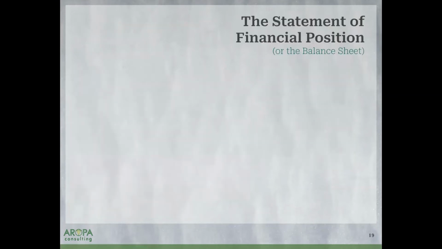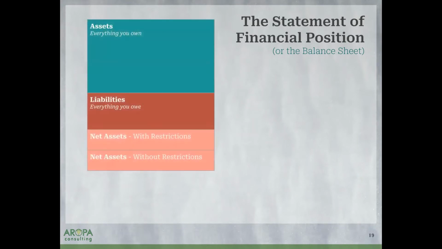All right, so that's the statement of activities. The statement of financial position. Now, remember, if you know a little bit about accounting, all of these reports have to balance. They all connect to each other. And so I like to think about the balance sheet, or the statement of financial position, and the statement of activity as two puzzle pieces, right? And you put those puzzle pieces together, and that gives you the full picture of your accounting within a nonprofit context.